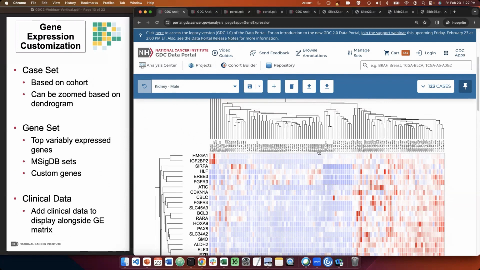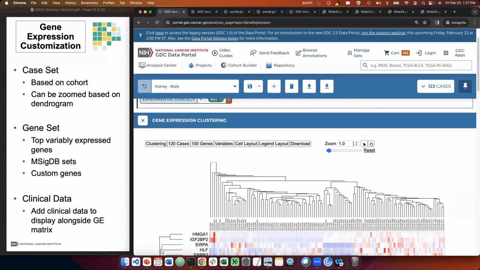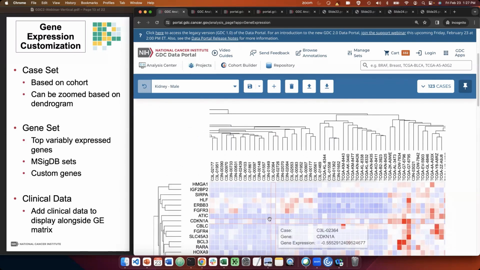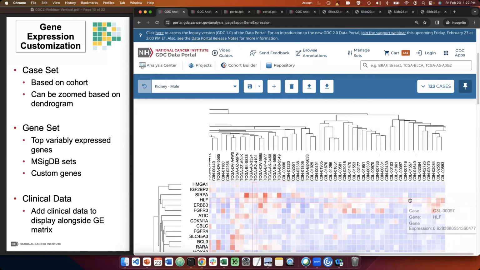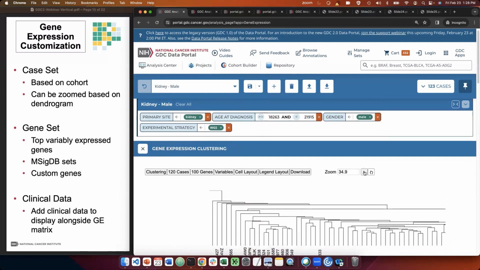So that's how the case set is created. You can zoom in based on the dendrogram, or you can zoom in with this function right here with this nice slider. And there is a good hand button here I do recommend that you can use to slide around and look at some of these zoomed in values, since sometimes looking at it from a distance isn't so easy. But going back to the pointer,